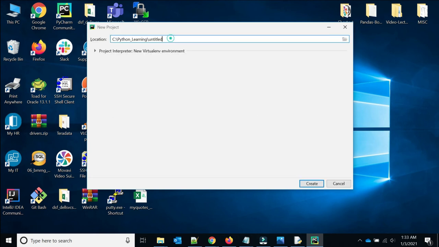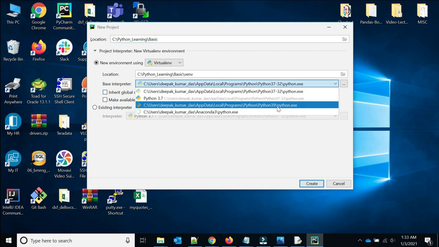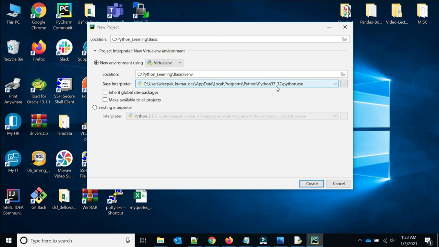So now as we are creating a new project, just click on create new project and I am just writing this one basic. Okay, and here you can choose the Python, automatically it will come, and if it is not coming then you can choose it. Like I have installed Python 3.9 also, so it is also showing, but let me go with Python 3.7.